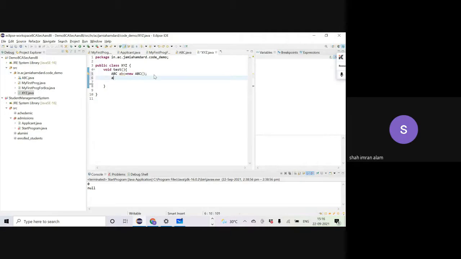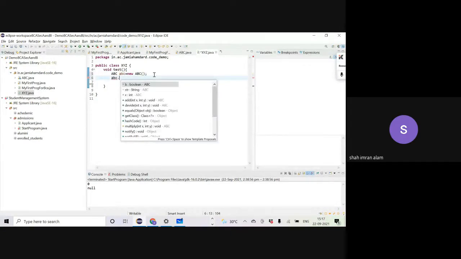Now, if I use the reference variable ABC and put a dot operator, you can see which variables and methods are visible. B is visible with a green circle. Guys? Yes, sir.